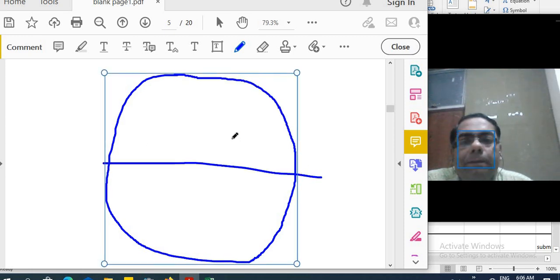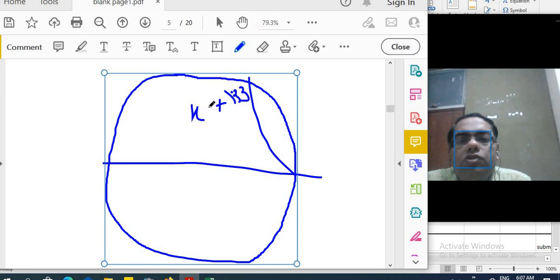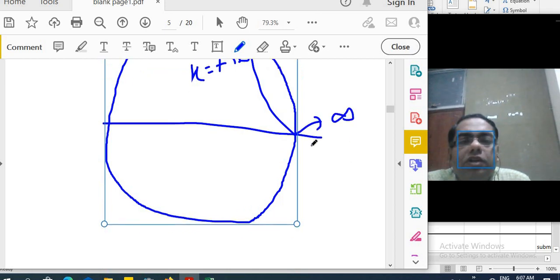That means what I got is 1.33, so this is 1.33 plus j, with x equal to 1.33. What we are doing is traveling from this point, starting from here. This corresponds to infinite impedance. From here we will travel in the clockwise direction